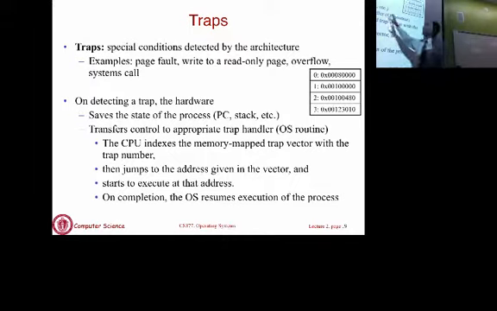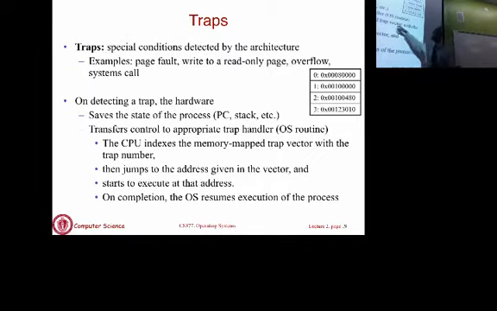Okay? So typically, regardless of what kind of error condition or condition is being raised, what is shown here is how traps are actually executed. Whenever there is a trap or an interrupt, you have to save the state of the process. What that means is you take all the registers and you save them into the kernel's address space so you can resume execution later if you have to. So that's the program counter, the stack pointer and so on. And then you transfer control to the kernel, and specifically the function or method in the kernel that's designed to handle that trap. So if you call a certain system call, you basically go into the part of the kernel that has code for executing the system call.